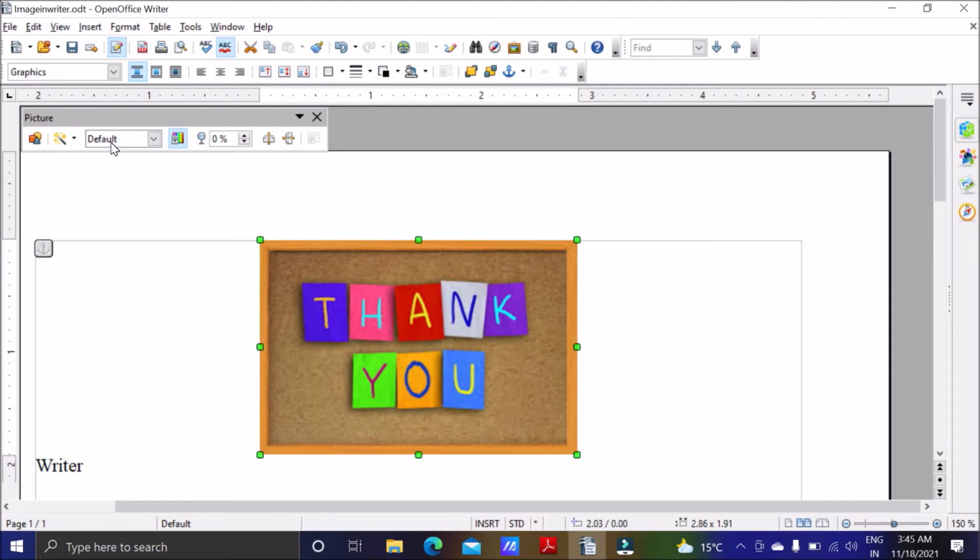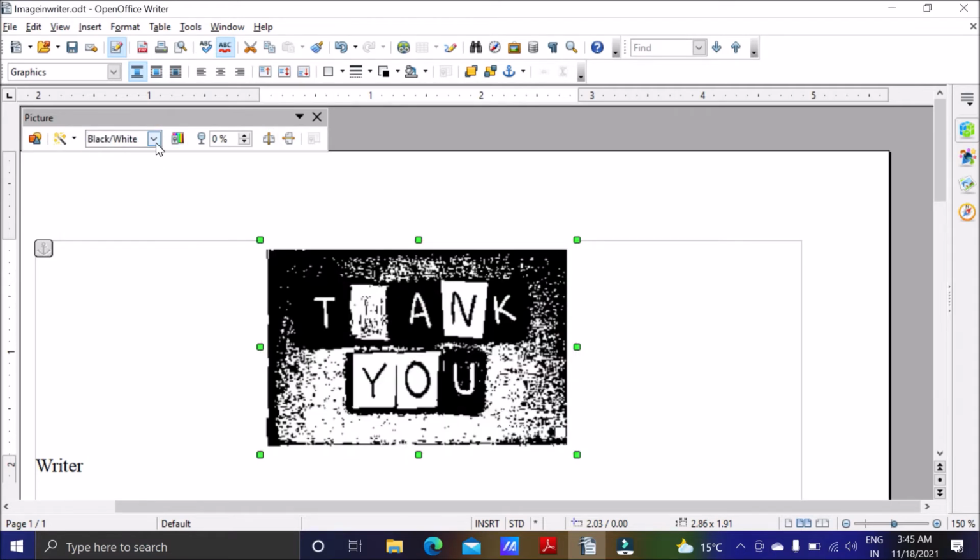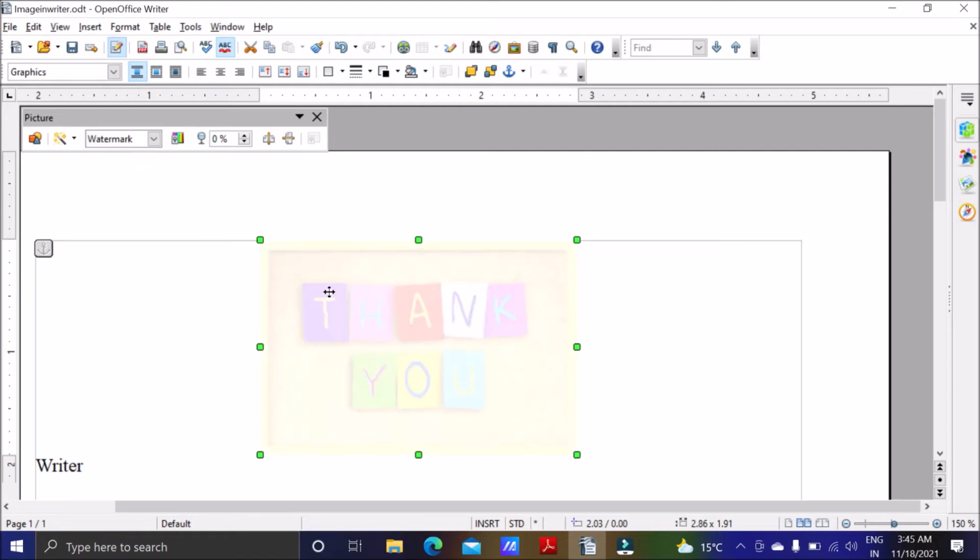Here you can see we have so many modes available. The main one is the default one, means the default way in which we have inserted the graphic, the same appearance of the graphic will come in default mode. But we can go for grayscale, black and white. So suppose I change it to grayscale, or I can change it to black and white, or I can change it to watermark. Watermark will make it so much dim so that you can use it below any text that you write. So this is watermark, very dim image. So I'm going for default now.